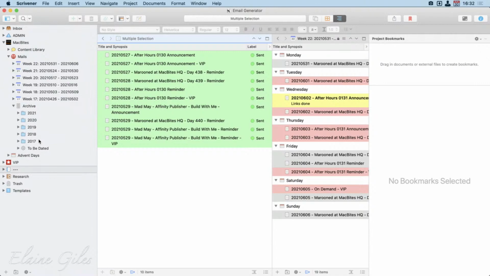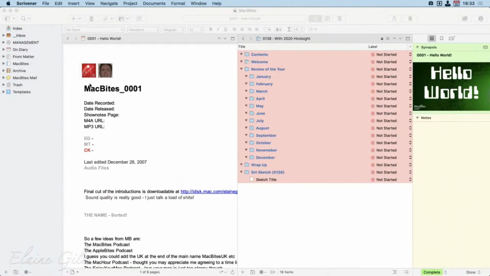So while I've demonstrated taking one scrappy little Word file into Publisher, it could be something as comprehensive as this. It could come from anywhere. It really doesn't matter. Can you imagine that, as you were starting this project, if I had to go back to 2007 and find all of this stuff and start with a blank page, it would never happen, ever. But luckily, from day one, I was in charge of organising it. Mike was in charge of the website, and Mikey B was supposed to do the show notes. So we all had individual jobs. So one person was in charge of all of this information straight from the start,